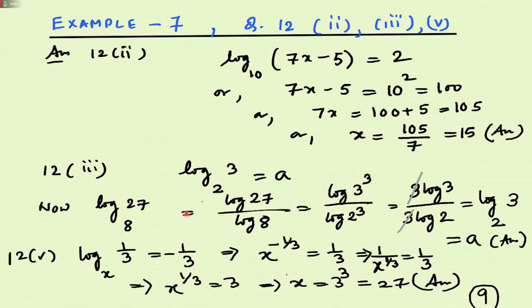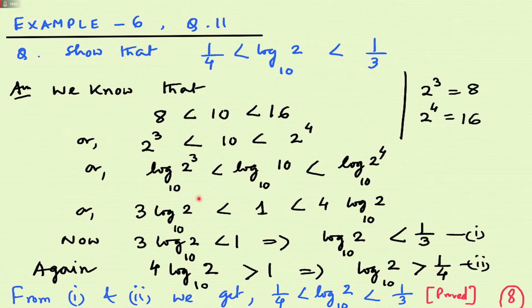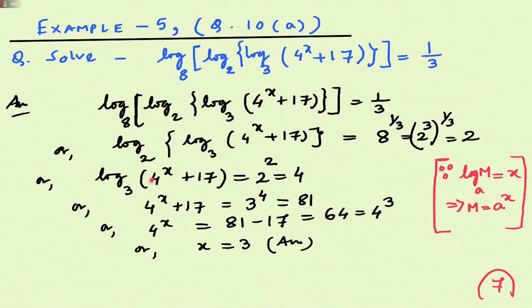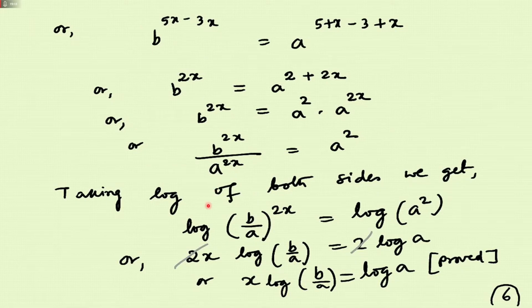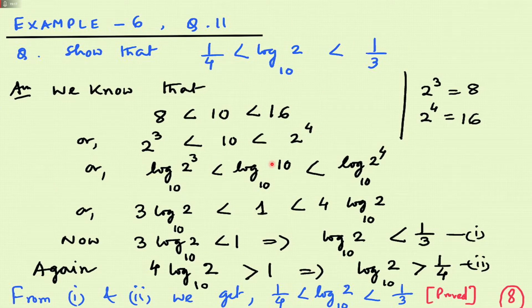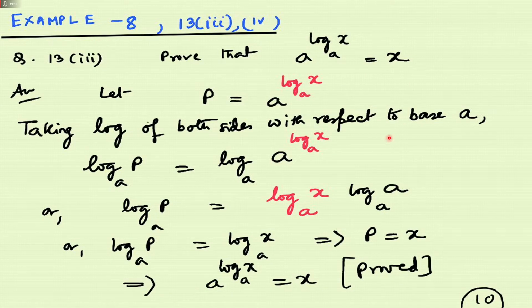Previously I have taken log many times, but always I took log as base 10. Here in this problem, if I write log, that means it is base 10. But when I am using a different base, I have to write it clearly. Taking log of both sides with respect to base a,